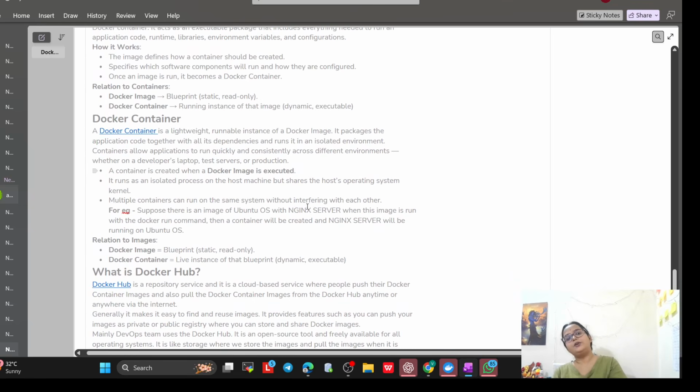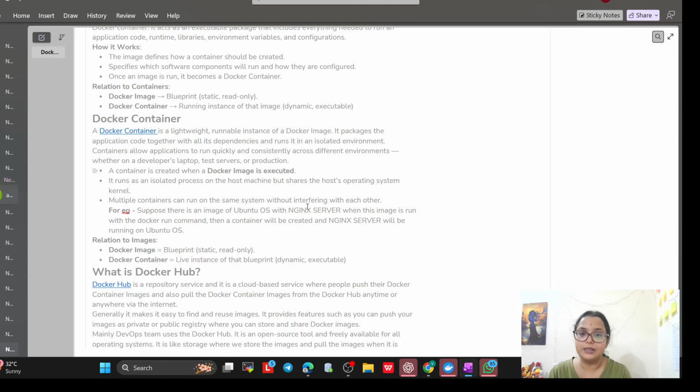Now, the Docker container. A Docker container is a very lightweight, runnable instance of a Docker image, or we can say it packages the application code together with all its dependencies and runs it in an isolated environment. Containers allow applications to run quickly and consistently across different environments, whether on a developer laptop, test server, or production.